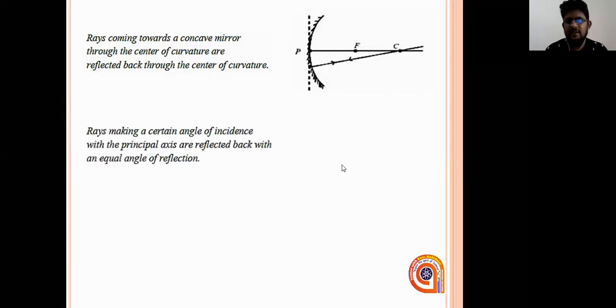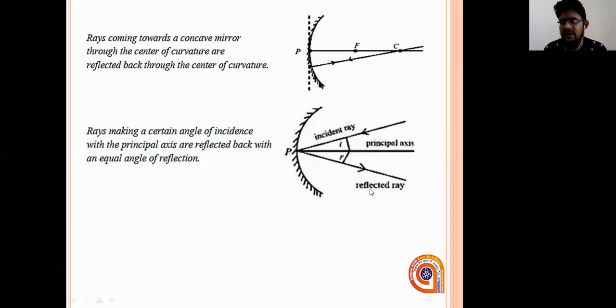And the fifth point is, after reflecting back, the incident ray and the reflected ray, you take to the normal, I and R will be equal, making the angle of incidence equal to the angle of reflection. This incident ray will be reflecting back. So these are the 5 points that we want to consider when we are drawing the diagrams.